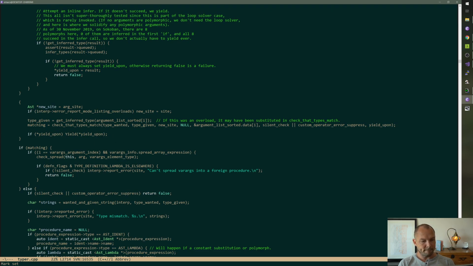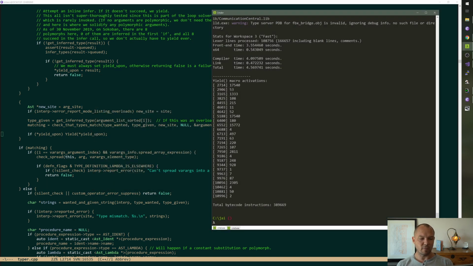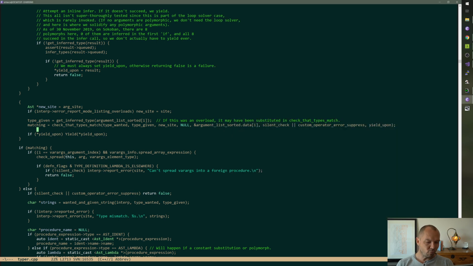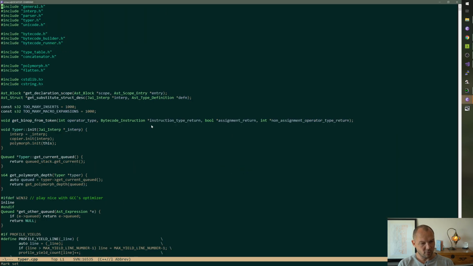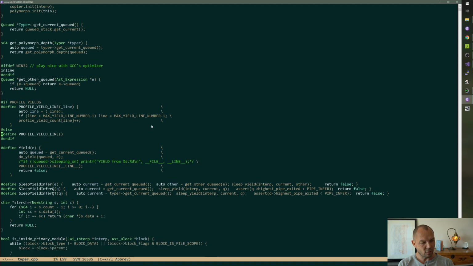So the one thing we're not measuring is if we re-yield on the same thing we already yielded. Like, do we yield more than once? Because that's the question, because there's a sleep. This is like a polling yield, but we have a sleep yield. So what if we accounted two things? Yeah. Okay.